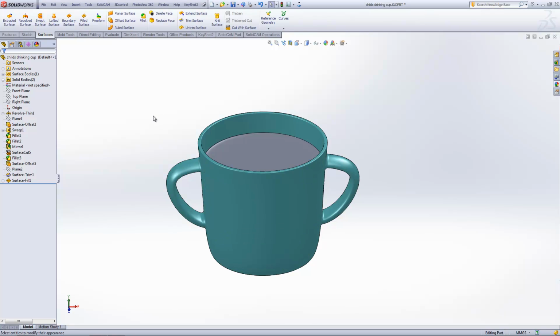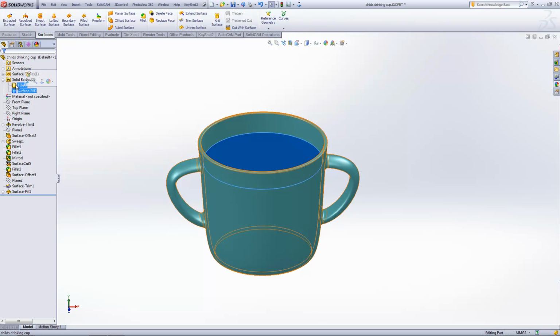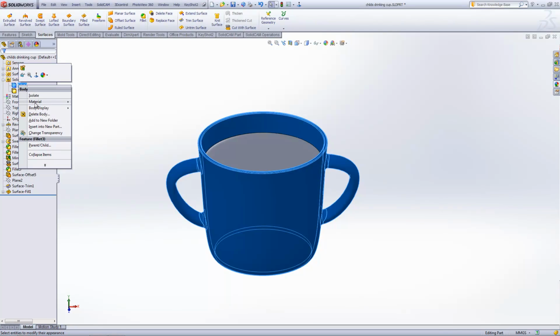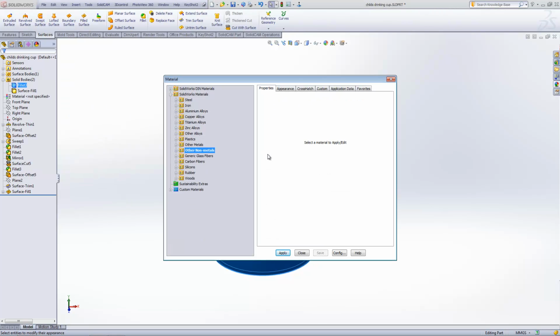But you can apply materials to single body parts, it's just that rather than finding the individual bodies in the solid bodies folder like this, you would apply the material at the part level up here. So the way that you apply a material is you find the entity that you want to apply it to. So that would either be the part up here or the solid body down here, and then you right click